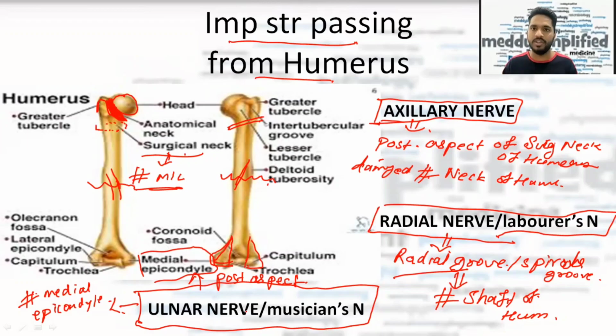I think this is enough to go for the FMG exam, but if they want to go in more depth or try to make it more complicated, they will ask that if there is a fracture at the shaft of humerus, right? So it will damage which muscle, right? So in that you should know that fracture shaft of humerus will damage radial nerve, and then whichever muscle the radial nerve is supplying, that muscle will be paralyzed. So this is all the correlated thing from the humerus and nerve and the muscle which you should know.